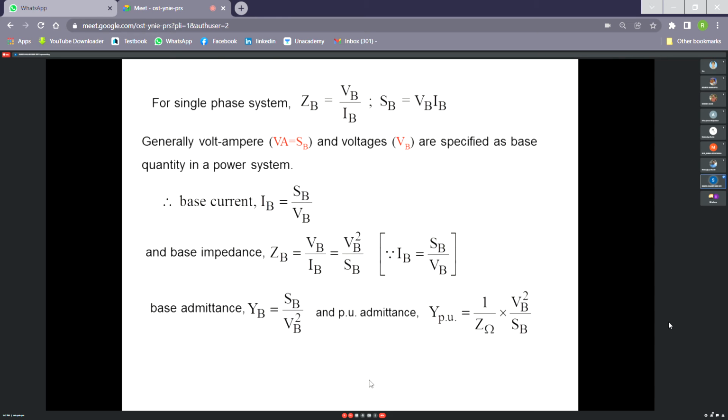Since I am not writing all this, I am showing you in the PPT. You must practice one time by writing. Then your mistakes will be fewer in the calculations or in examination.